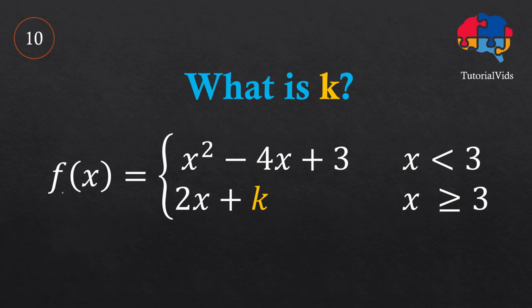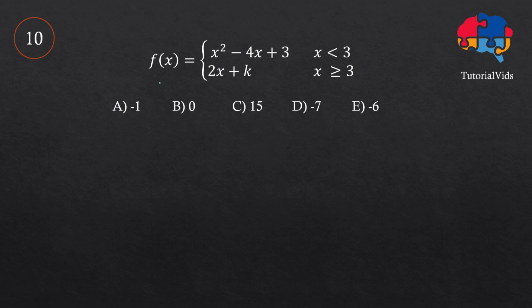Here we have f, which is a function of x, and we want to find the value of k, given that f is continuous for all values of x. To ensure that f of x is continuous at x equals 3, the left-hand limit and the right-hand limit of f of x at x equals 3 should be equal to f of